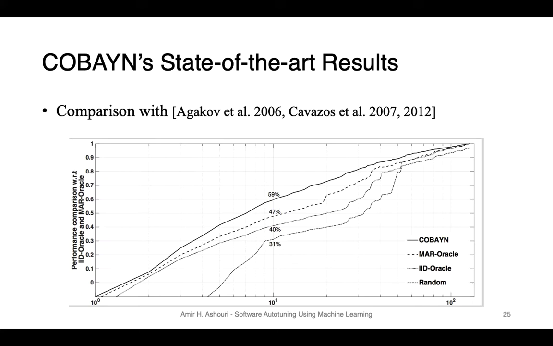So what's on the horizontal axis? This is the number of predictions each of the models brought. I fixed the comparison at 10, as if you extract 10 times from COBAYN, you extract 10 times from the Markov Oracle, and you compare the best of the 10 of each of these models. It's like a top 10 accuracy, top 5, top 10. Because they reported top 10, I tried to match those reports so that I can have the comparison.